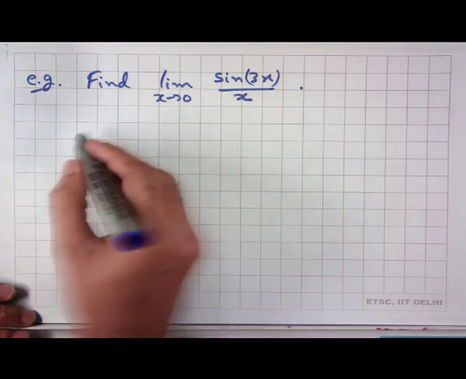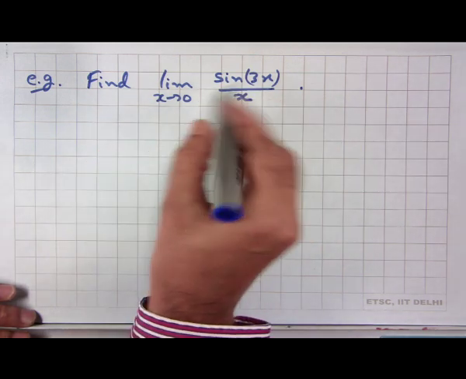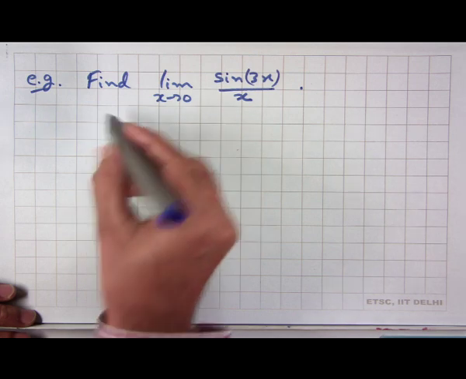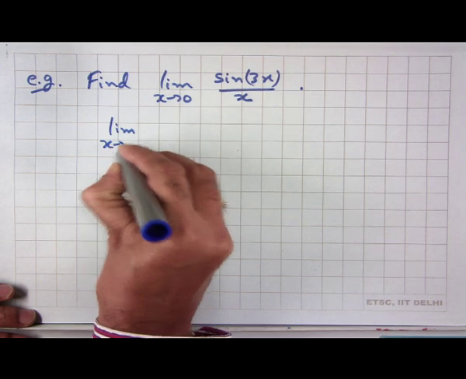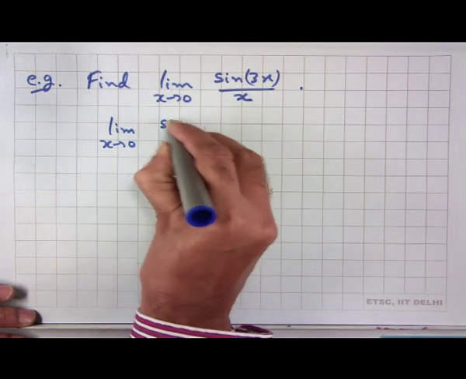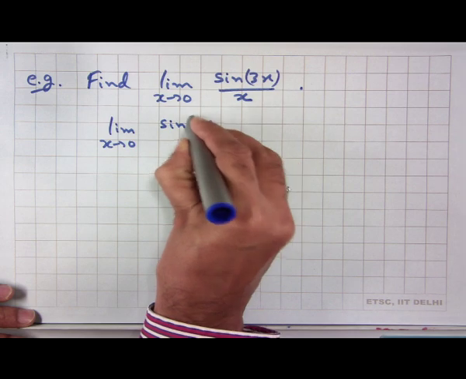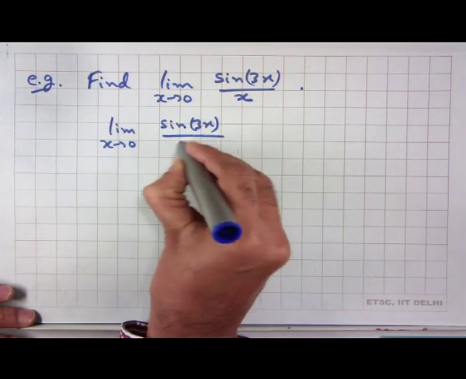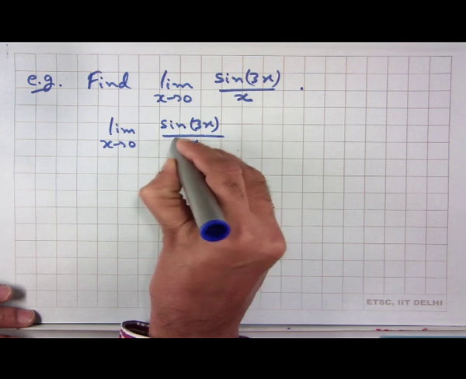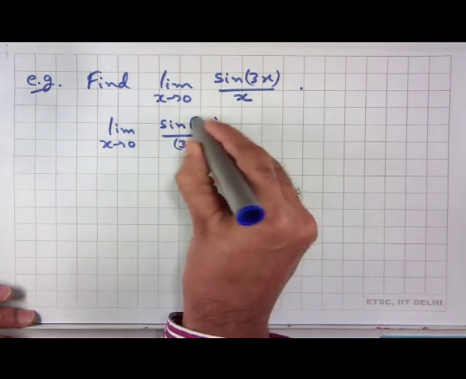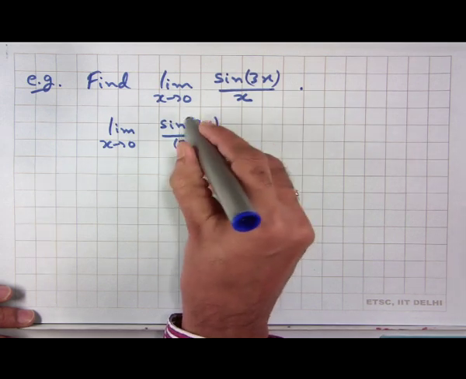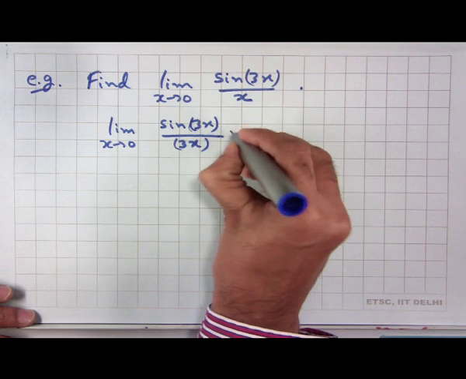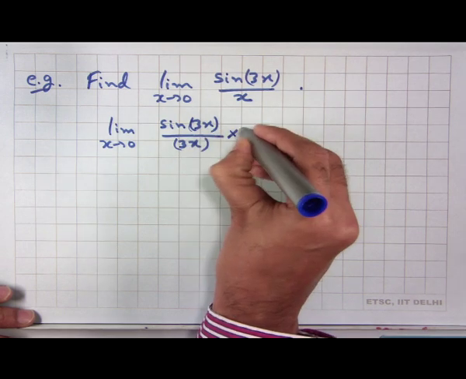Here we need to use the same thing. So, we write the limit as x goes to 0 of sin 3x divided by 3x. Whatever is inside sin, I am dividing by that. This limit is equal to 1, but then I have to multiply by 3 to get